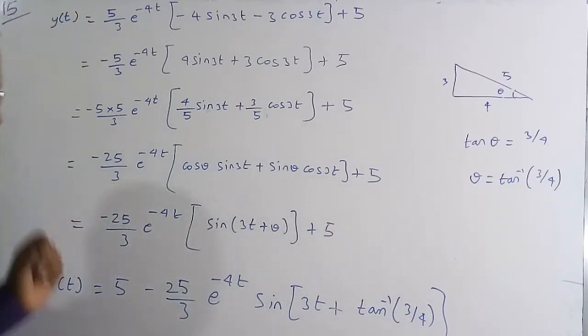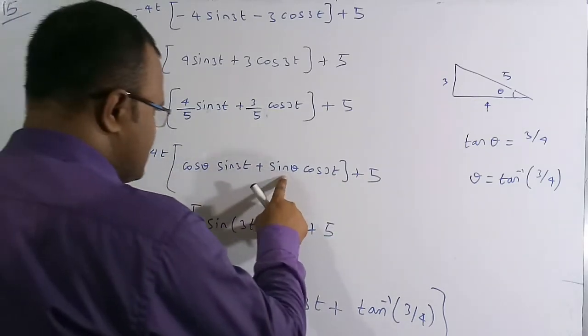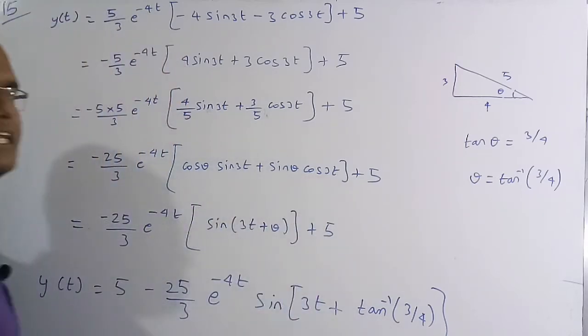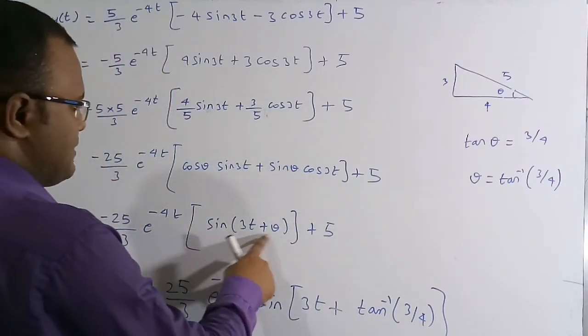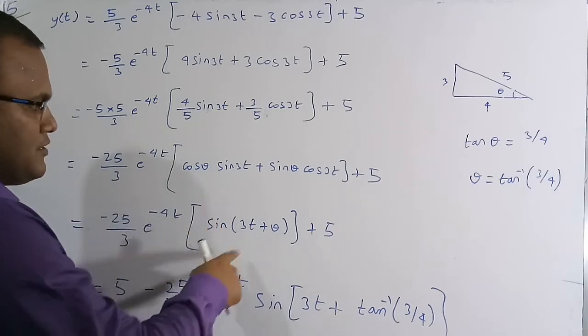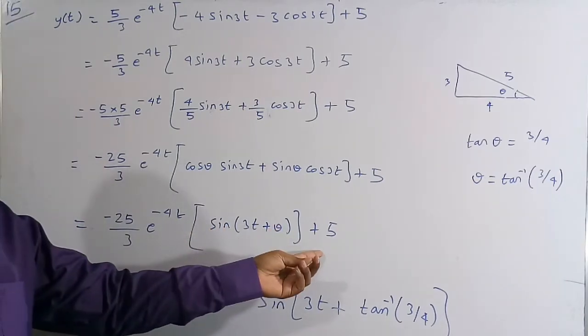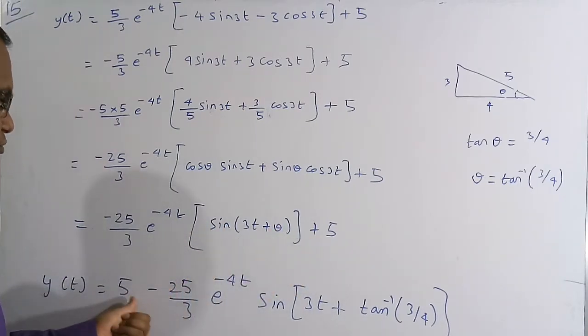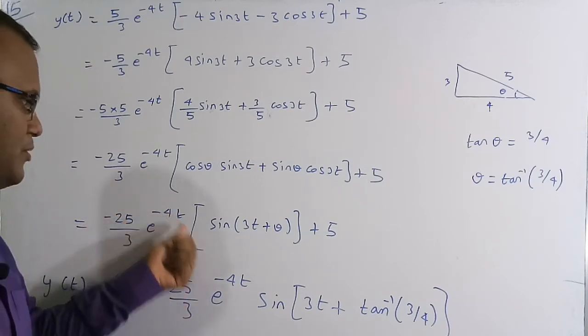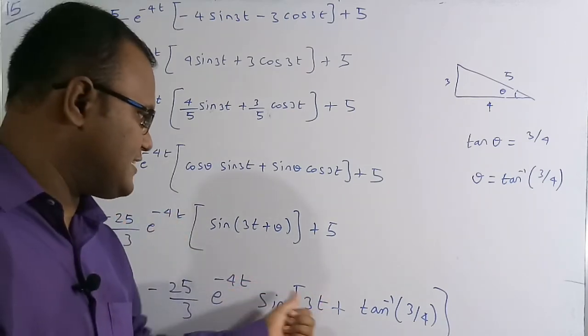So now what I am going to do, this is nothing but sin a into cos b plus cos a into sin b. So it is nothing but sin of a plus b. So therefore sin of 3t plus theta, one is a and another is b. So now I am going to write it in another fashion. This 5 I am going to take it here. Minus 25 by 3 e to the power of minus 4t into sin of 3t plus